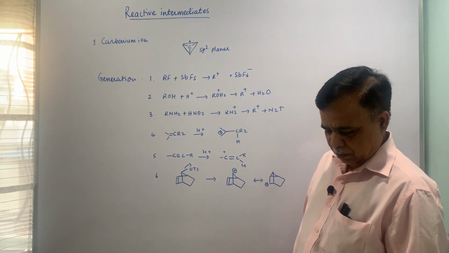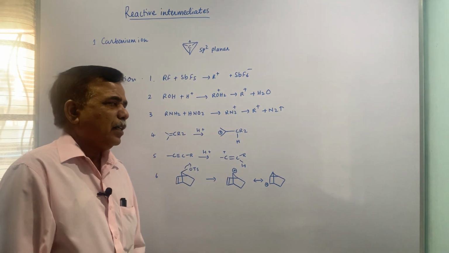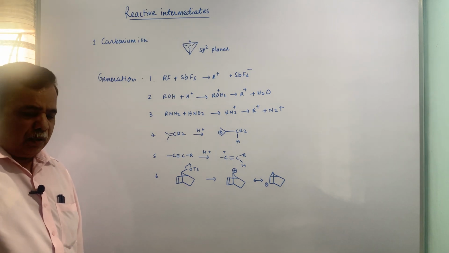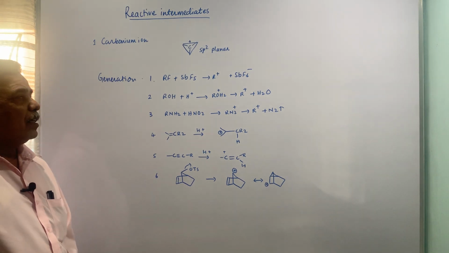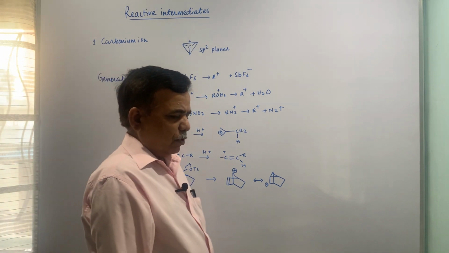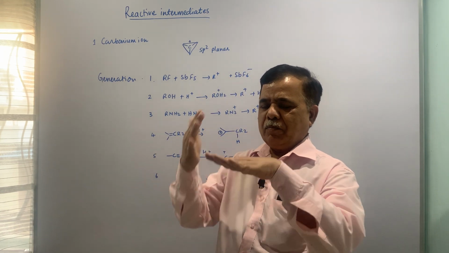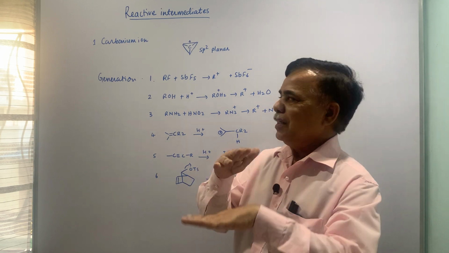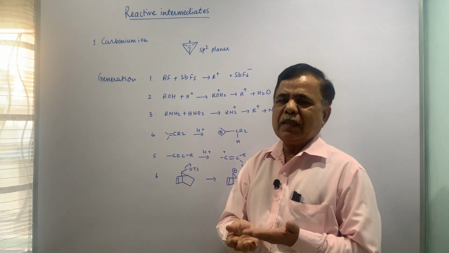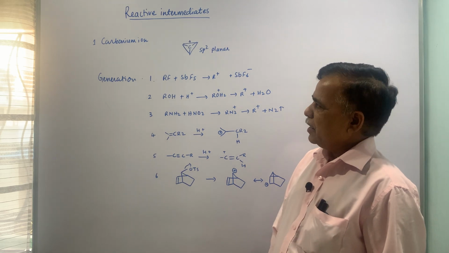So first of all, carbonium ion is an electron deficient species wherein carbon is having 6 electrons around it. So incomplete octet you can say, and the hybridization state is sp2 and it is planar. So the nucleophile can approach from both sides, top face as well as bottom face, because all these 3 entities joining to the central carbon are in the same plane. So that is sp2 hybridization and the planarity is there.